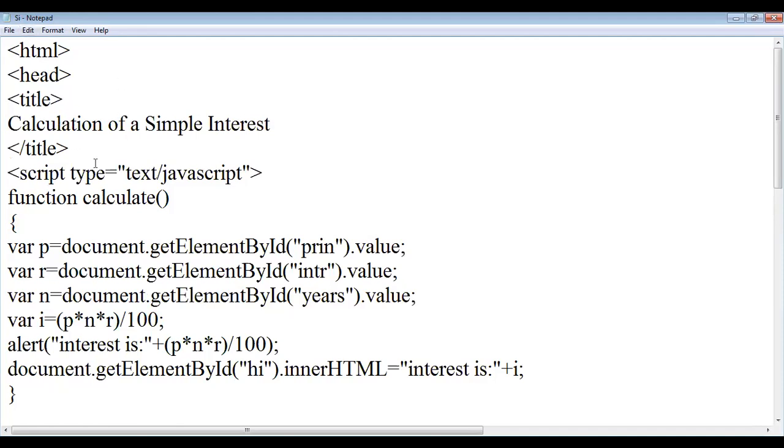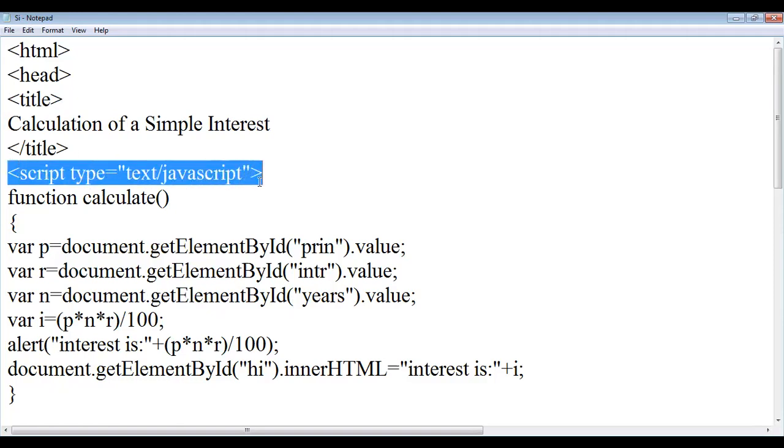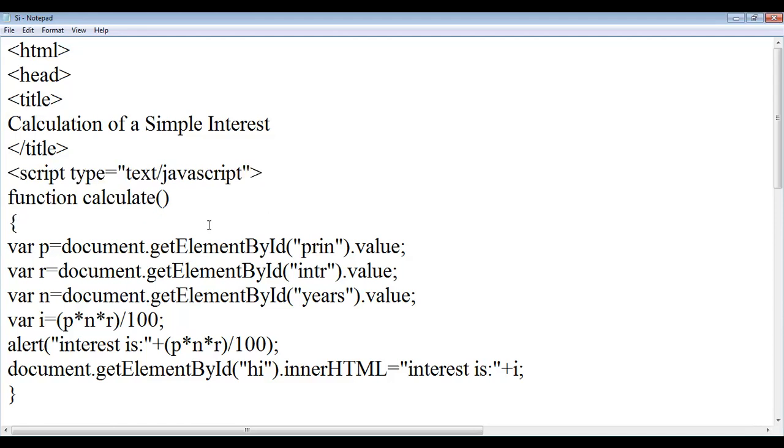Okay. So first here we have to discuss the script code. You can write it in the head tag or in the body tag, or outside the head or outside the body, within the HTML tag also you can write. Okay, clear? Yes, sir. The script tag, scripting information, you can write within the head tag or inside the body tag, or we can define this tag separately also. Okay, sir. Not in the head, not in the body.